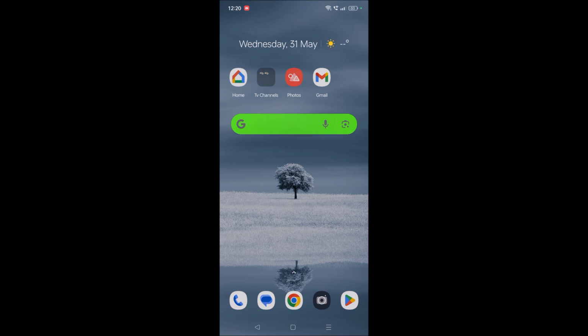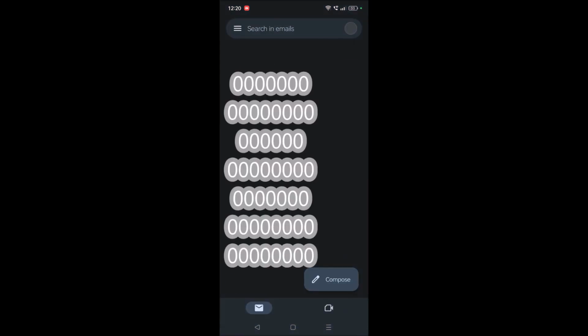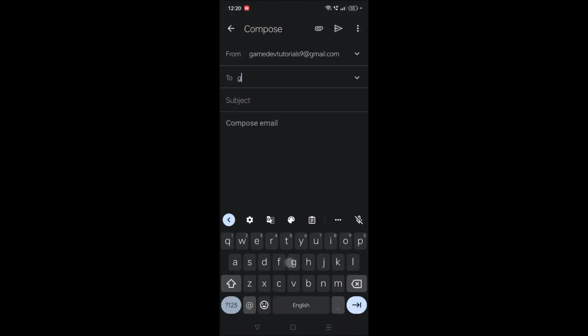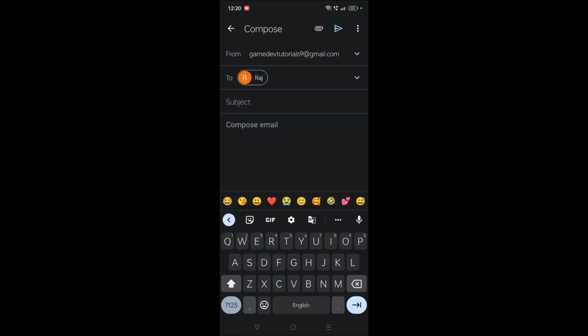So this is on my mobile and this is the Gmail app which is installed. To compose a mail, this is the option at the bottom here. First you need to click on compose and give the sender address. For now I'm just giving my own mail. You need to write the subject, like sending my photograph, whatever it may be. Sending my photograph, find the attachment. Find attachment,